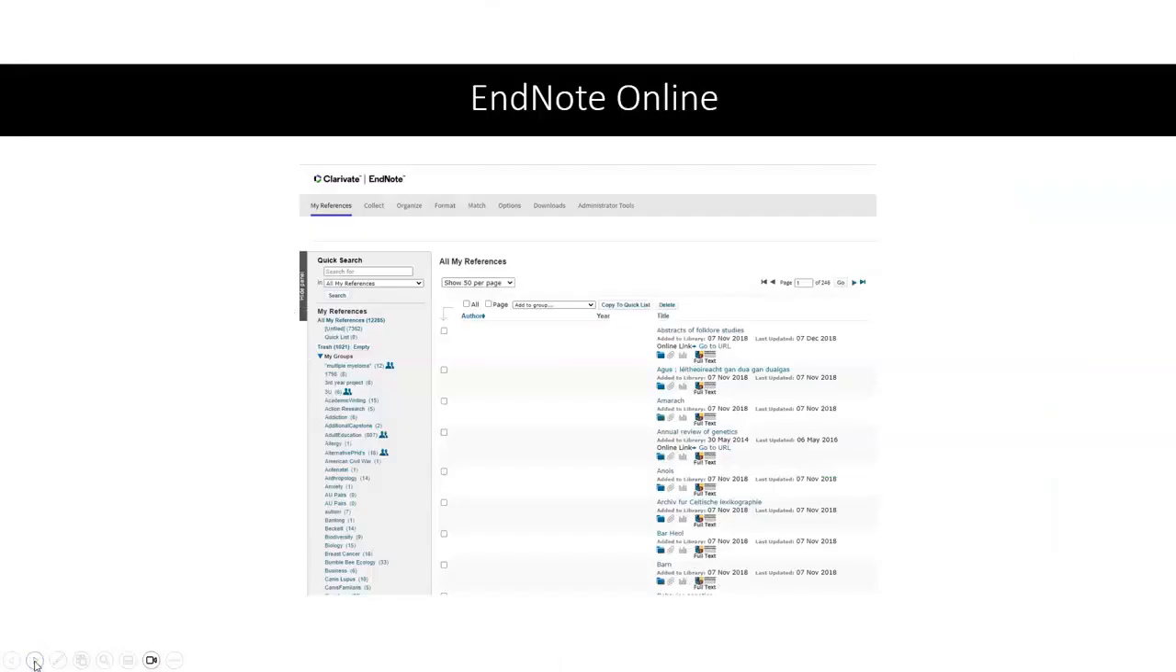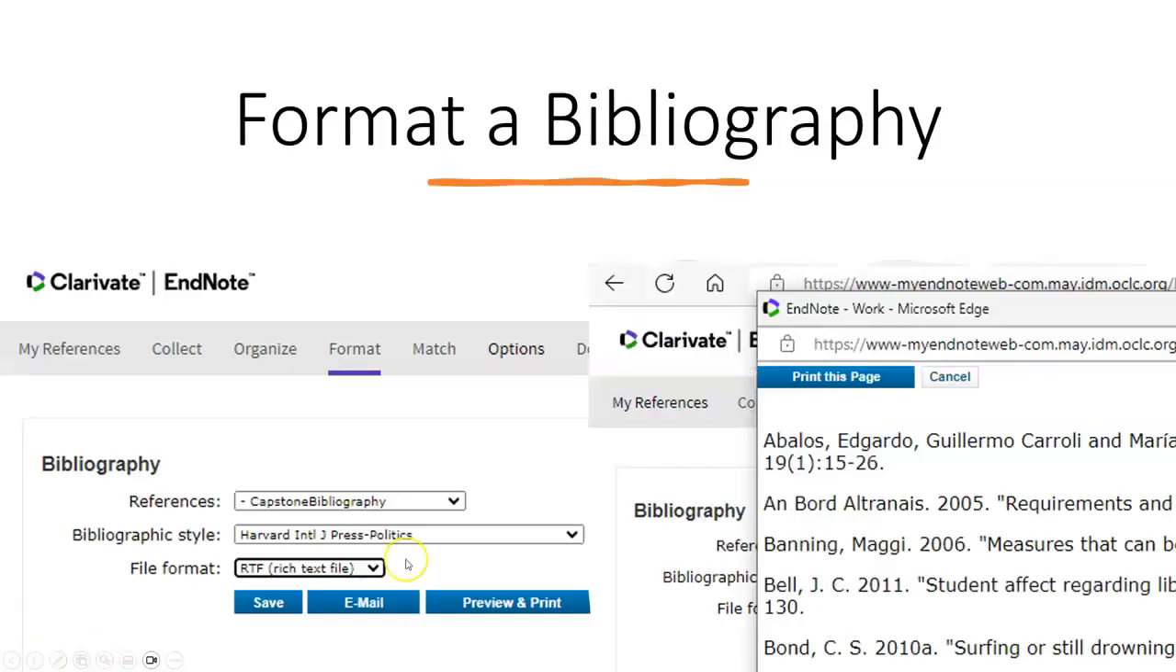This is EndNote Online, very similar looking. Groups of references, the references themselves, and then various functions within that. For example, you can format a bibliography. So what I do is just select a group of references, pick a style, text file, and then I can format a bibliography, which then I can save as a Word document and attach to the end of